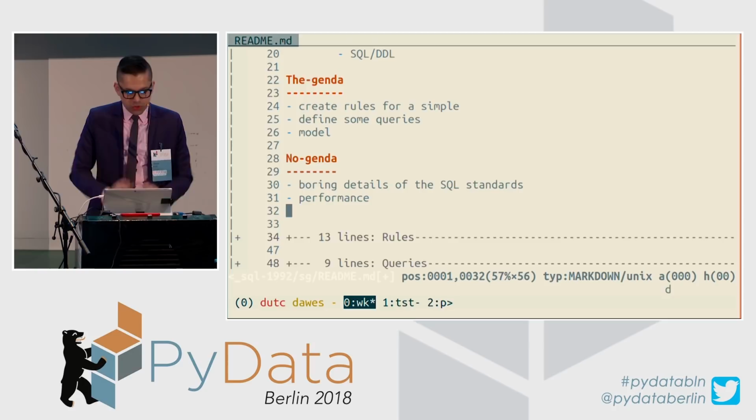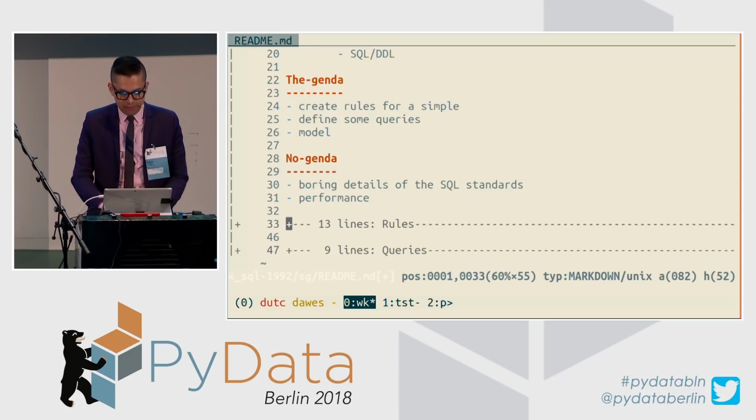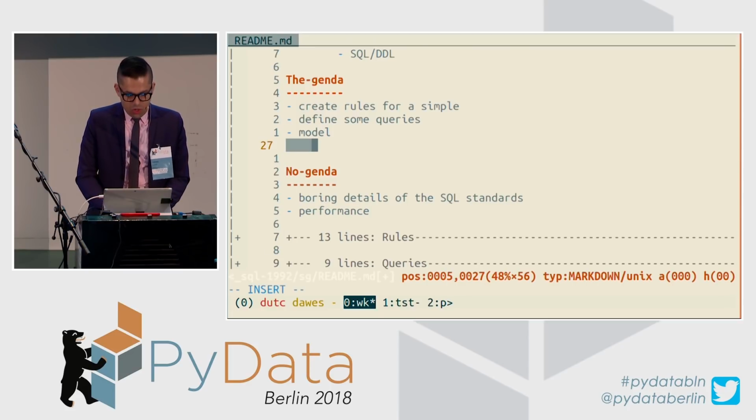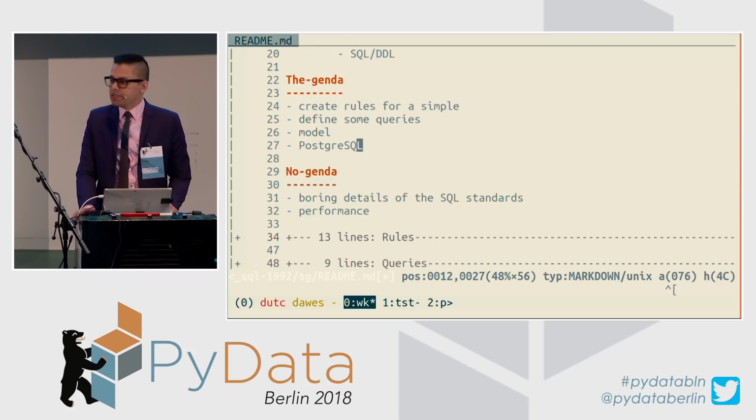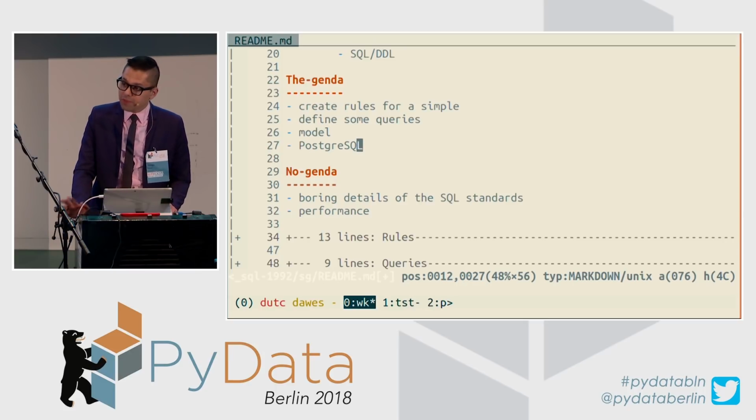What we'll do is talk more about modeling and what you're capable of doing. So that's the general idea of where we're going to go in this talk. I will live code this entire talk. Just to set the baseline, we'll focus on Postgres, because it's probably one of the best open source SQL databases that we have access to. It has a lot of really interesting features. It's open source, it's free to use, and it is a fantastic, mature, sophisticated tool. We will use certain features that are specific to Postgres, so we'll ignore things that are maybe in the standard but not generalized throughout all the different products.